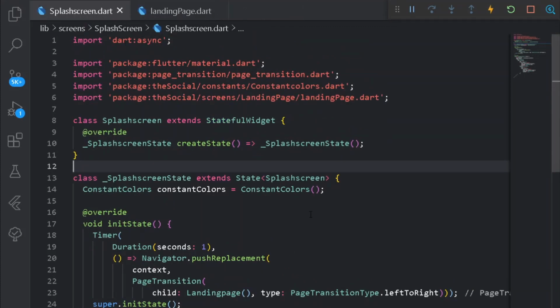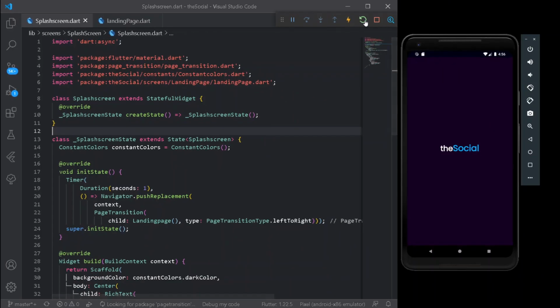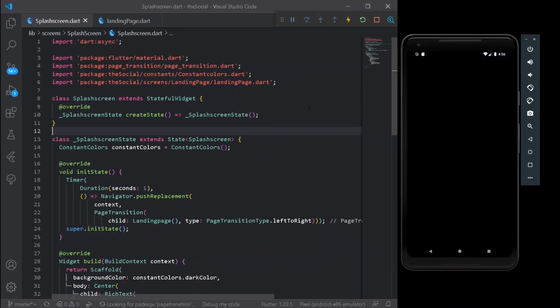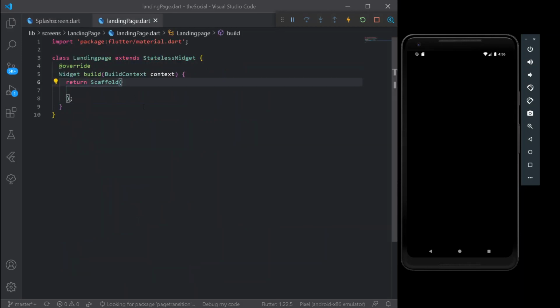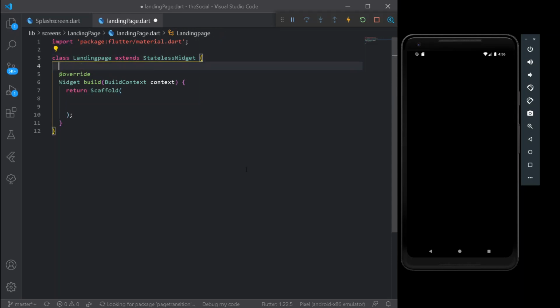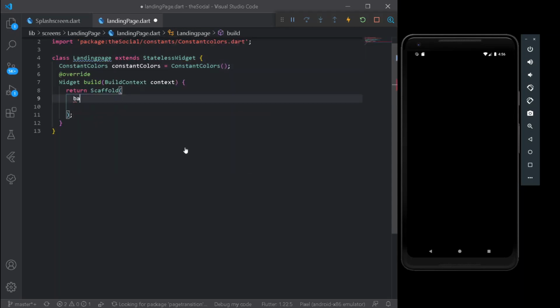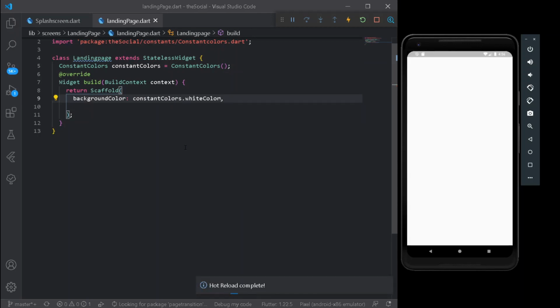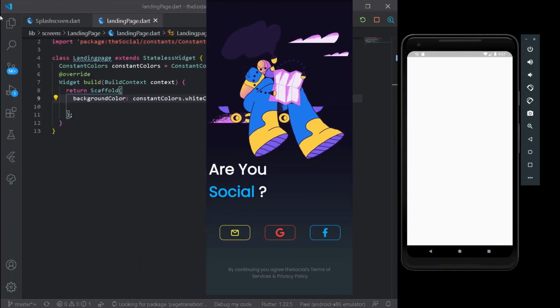Now I will be simply reloading my entire application once. Cool, so we are now successfully transitioning to our next screen, which is quite a blank one. Under our Scaffold, first of all let's have a background color of white. Let's see it. Alright, it is so bright. I love dark theme. Under our landing page we are going to create a screen which looks just like this, which is quite fancy and quite amazing for the user.